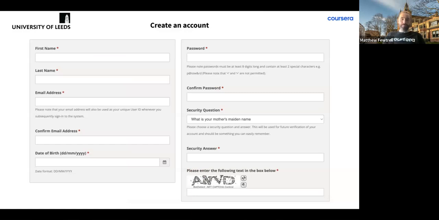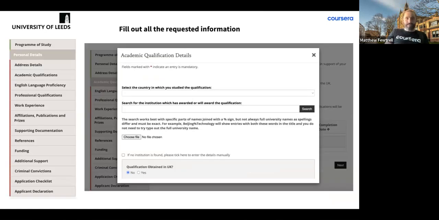So the portal, when you apply, will look like this. First of all, you'll need to supply some basic information, which would be your name, address, date of birth, then setting up a password. And then after that, that's when you have to fill out most of your details. The whole application process probably takes about 20 minutes to fill out, maybe slightly longer to write the personal statement. But you need to go down each of these areas. Every single one does need to be filled out. There are no exceptions, so please don't leave any of it blank.